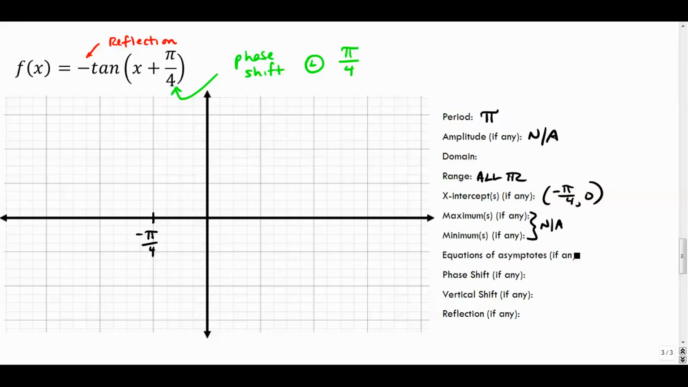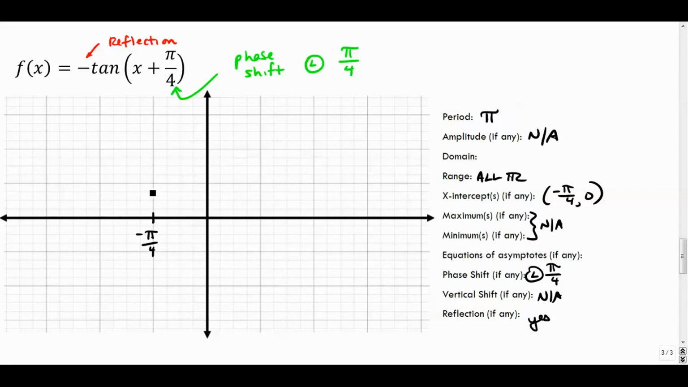And the asymptotes we'll come back to when we do domain. The phase shift we just said was left pi over 4. There is no vertical shift, and yes, it's reflected because of that negative a value. Okay, so if the period is pi, that means that, and we know that this is sort of our